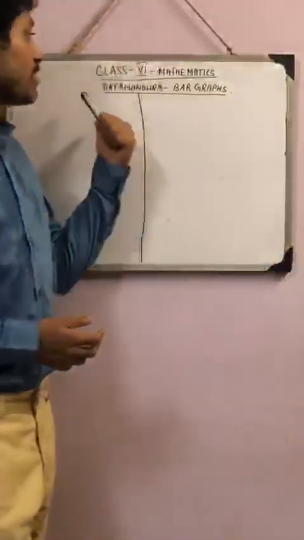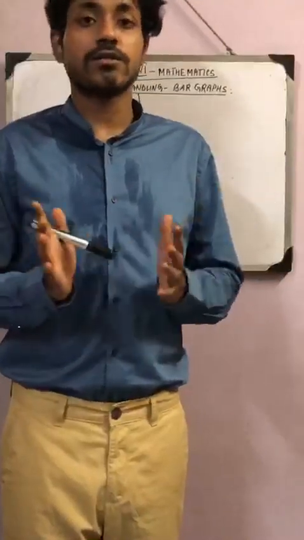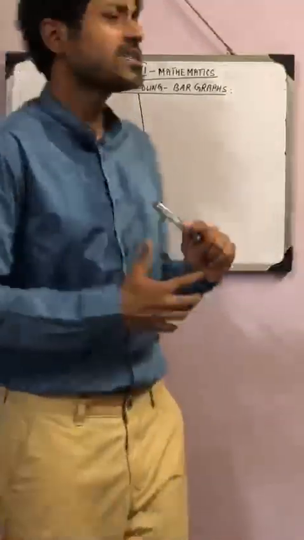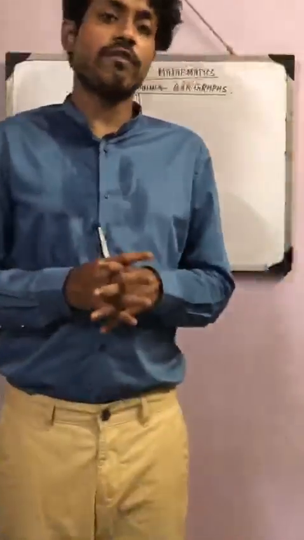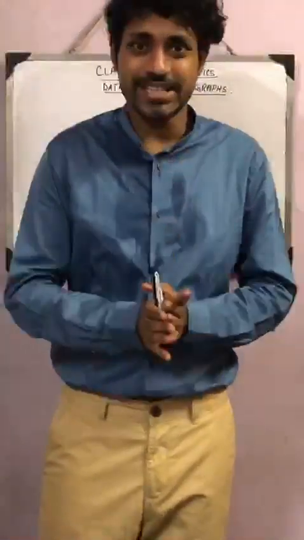Today's lesson will be on data handling part 2, bar graphs. You've been receiving lesson plans for the bar graphs, so I hope you've become accustomed to it. In class 5 you did a bit of bar graphs, but in our class we'll do it afresh and we'll do a lot more of it. Now a bar graph is also a form of a pictograph, but it's a bit different and a bit easier also. Let's see what the important criteria are and how to construct a bar graph.